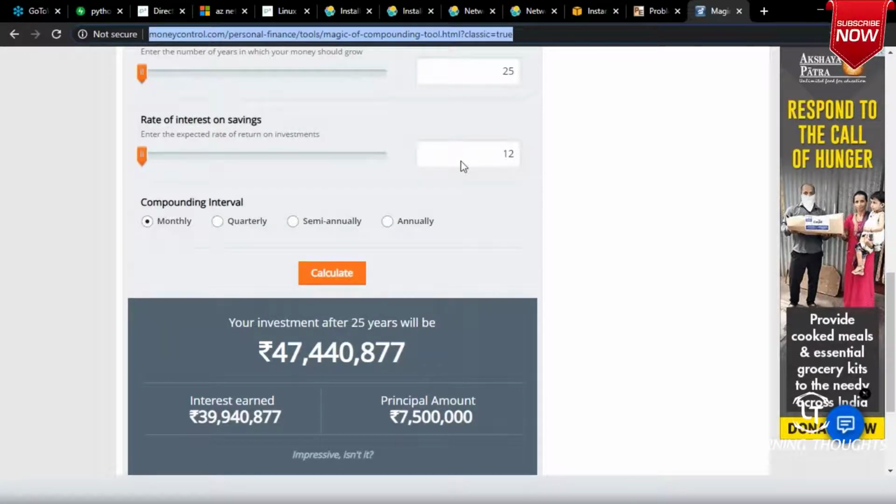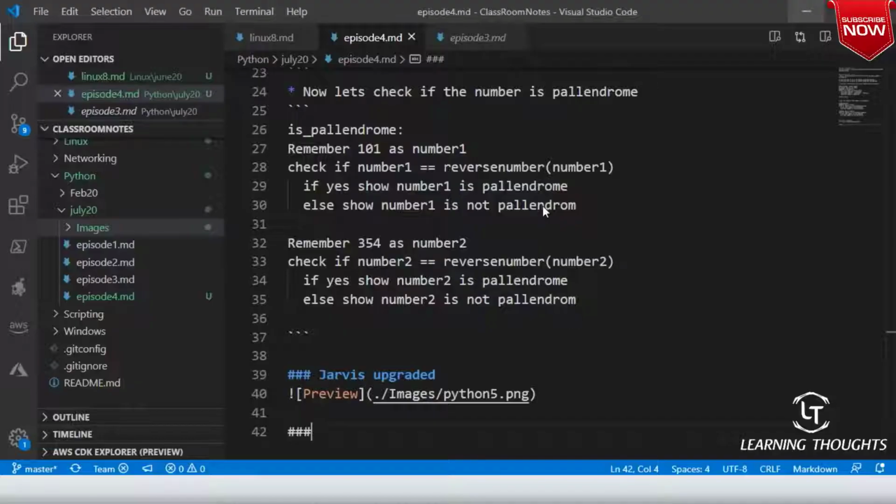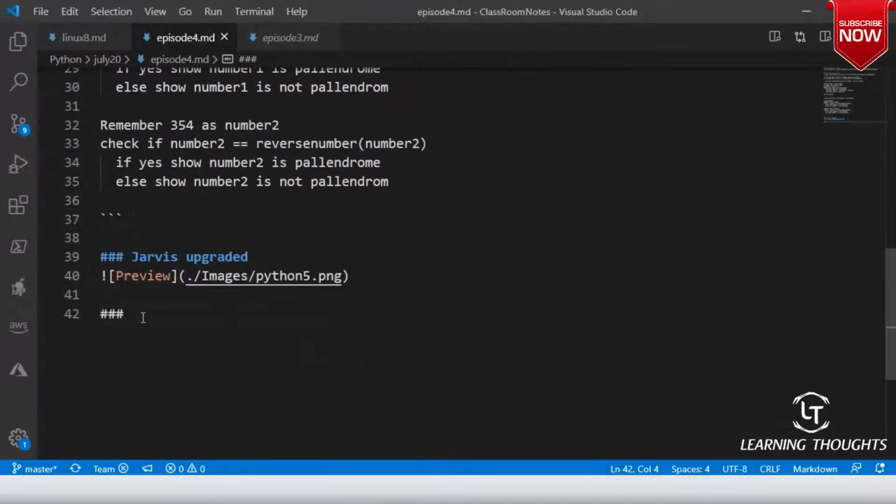Shall I share this link with you guys in the Python URL? Let me start with that, because there is no point in having a career where you don't have clear goals for when you want to retire. I've seen people retiring at the age of 35 because they planned their finances correctly.